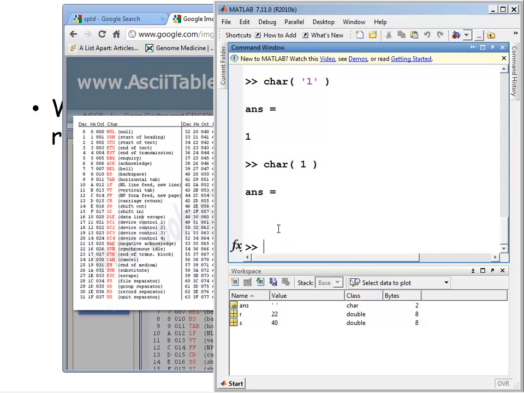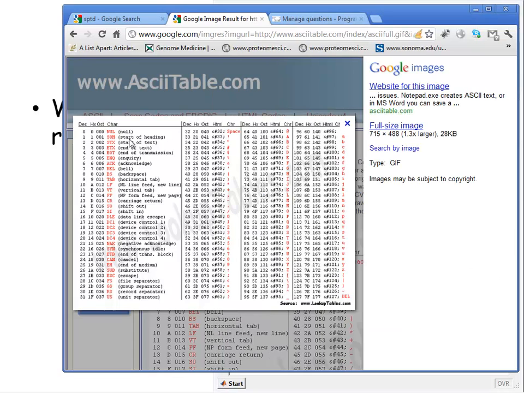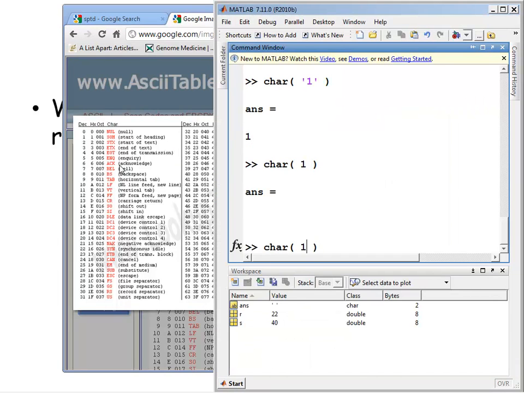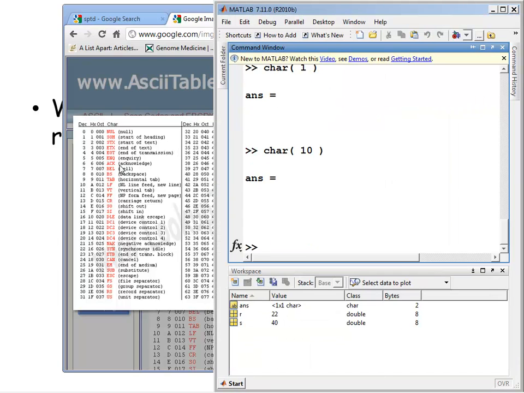The number 1, when you convert it to a character, maps to a non-printable character. Number 1 represents start of heading. Number 10, for instance, is a new line character, and it will display a new line, which, again, you are not able to see. When you enclose a number in quotes, you are creating a character value, which is not identical to the number